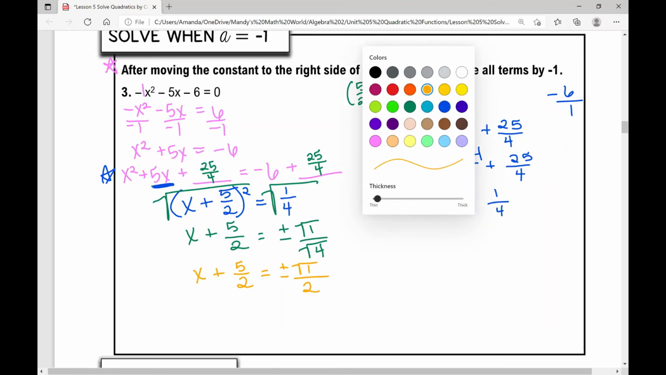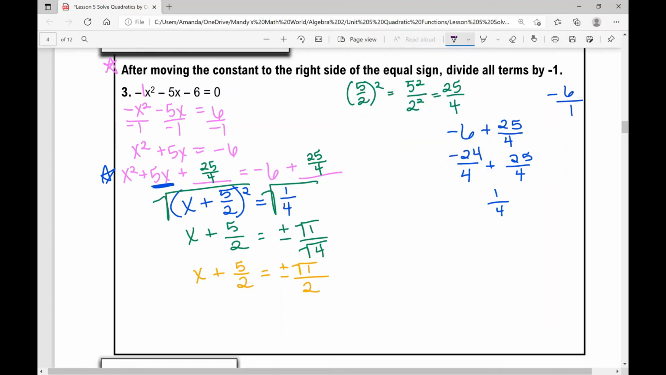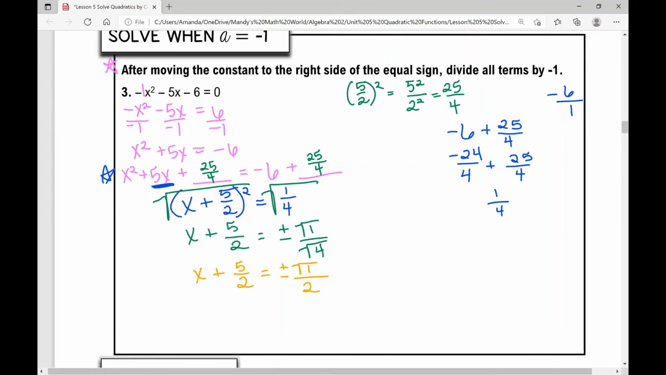What do I do at this point? If your goal is to get x all by itself, I need to move that plus 5 over 2 to the other side. How do I do that? I subtract it. Negative 5 over 2, right? If it's positive on the left, it's negative on the right. Negative 5 over 2. And then I'm just going to rewrite this plus or minus the square root of 1 over 2. But this is going to be really nice and easy, right? Because I have the same denominator, which is a 2. So I can combine what's in my numerator, negative 5 plus or minus the square root of 1 over 2,